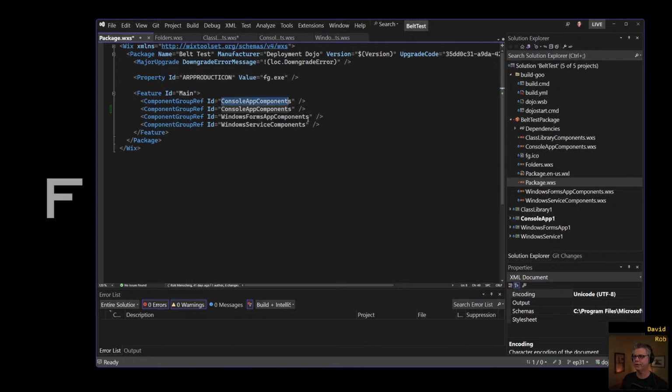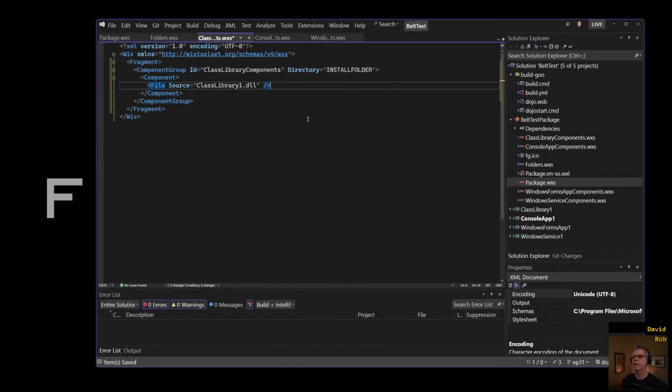We have to add it to our product. Oh, okay. Class library components. There we go. And probably in a pull request, that would have been the part that got missed. And of course, as the people that got added as the setup's subject matter experts, SMEs, I don't know, as the people that are supposed to know what we're doing, we would hopefully catch that and get everything going. All right? Okay. Boom.